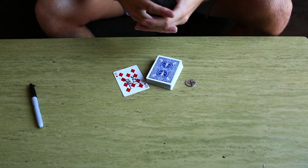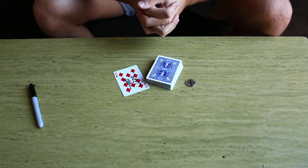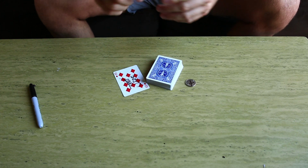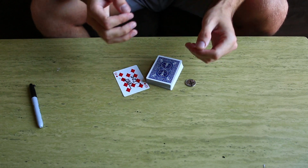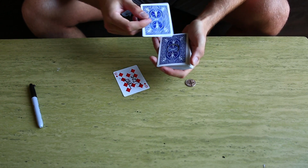Now I'm going to show you guys the actual performance breakdown I did in the beginning of this video. Now essentially, this could just be like a cool color change. You don't have to do this routine. I essentially made this up on the spot, thinking of how to manipulate the card to go where I wanted it to go. So in doing so,